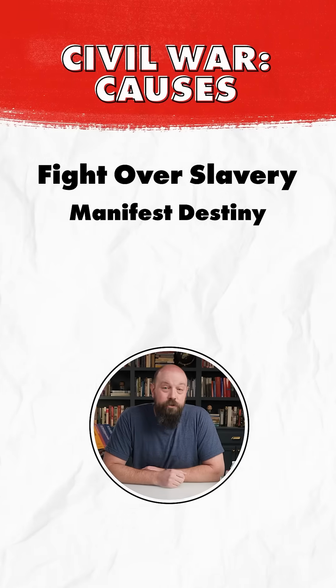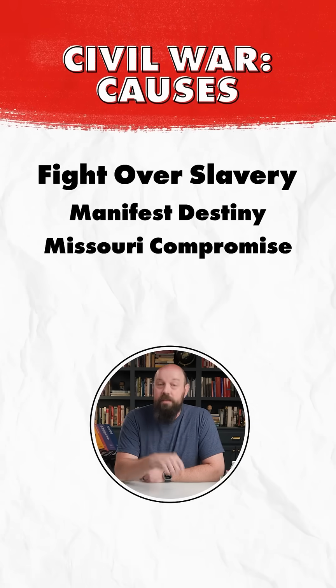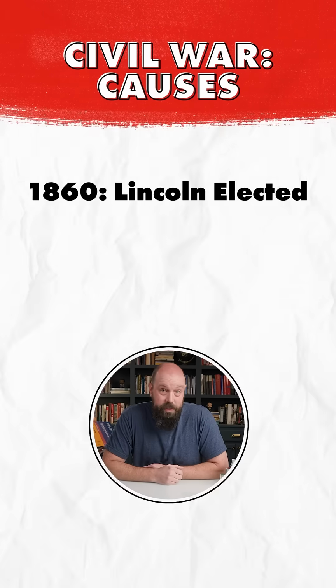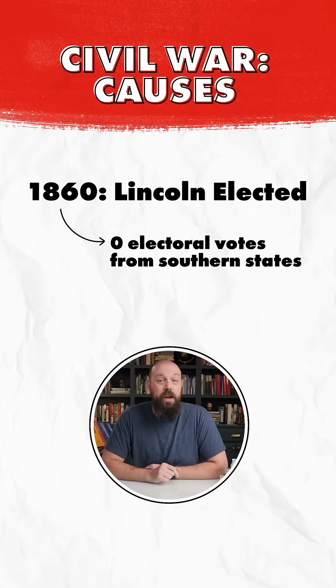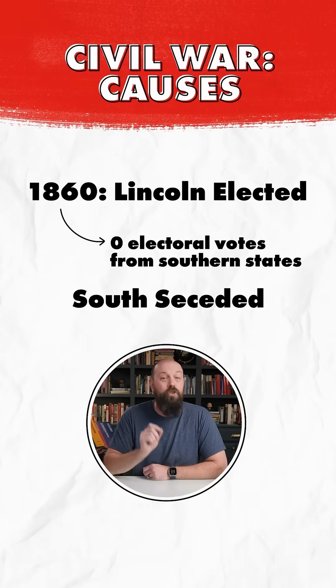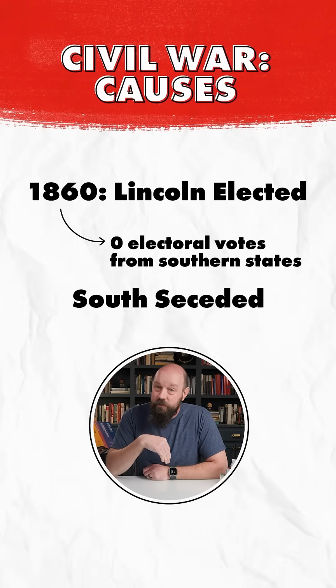And our boy Henry Clay tried to solve that problem with the Missouri Compromise and then the Compromise of 1850, but that band-aid only worked so long on the nation's gaping neck wound. So Abraham Lincoln was elected in 1860 without a single electoral vote from the South, and that got them cranky enough to secede on account of they didn't trust him to protect their interests in slavery, and then we got